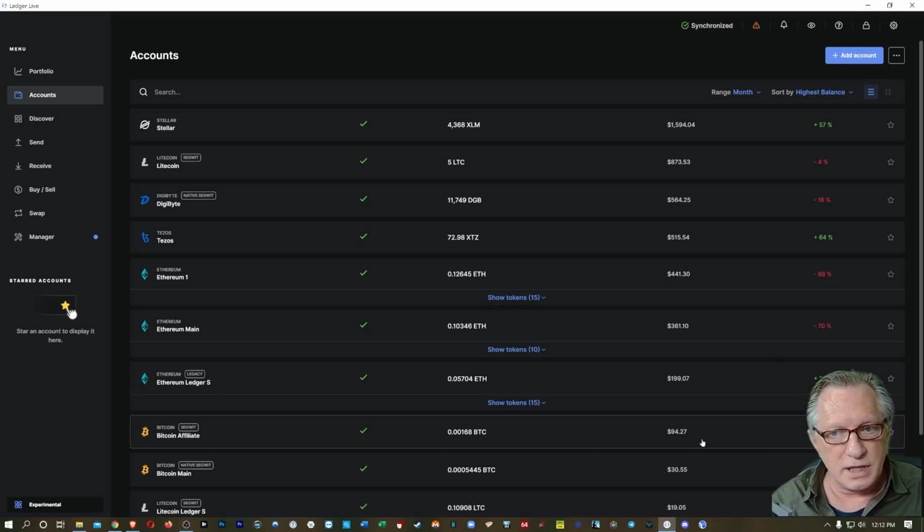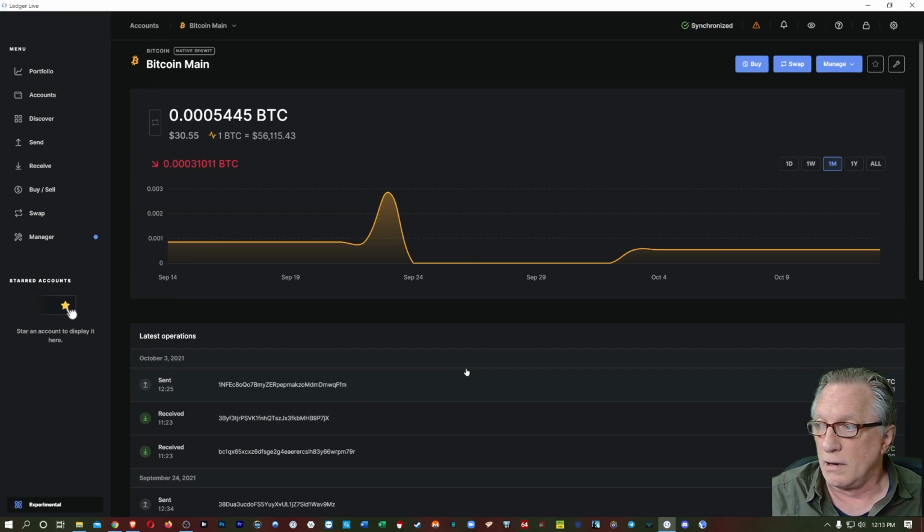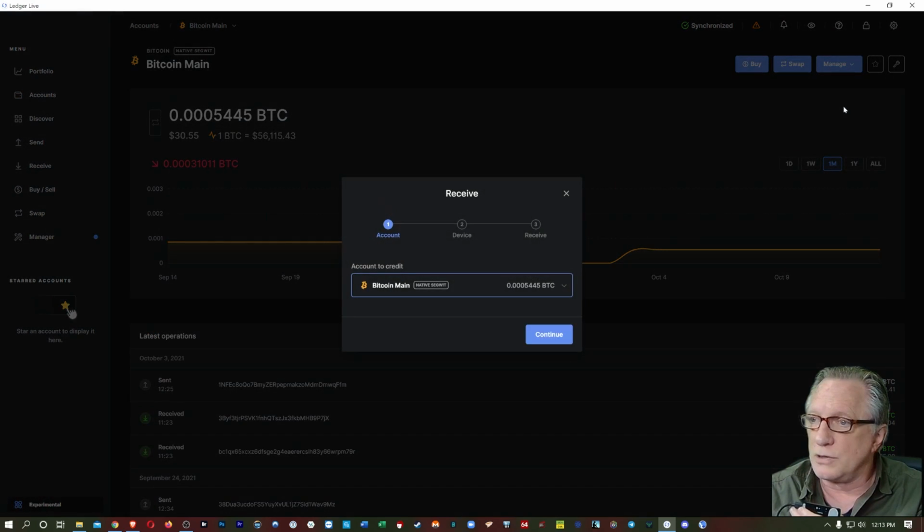We have restored the master private key of the device, but there is a missing step. There's one more task we need to do, and that is to install all of the apps that were on here before, right? So in order for me to send Bitcoin, I need the Bitcoin app on my device. So if I choose to do a receive,